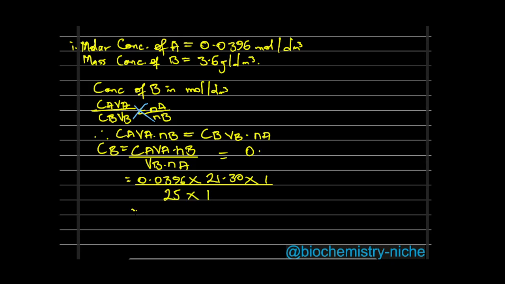So 0.0396 times 21.30 times 1 gives us 0.84348, divided by 25 gives us